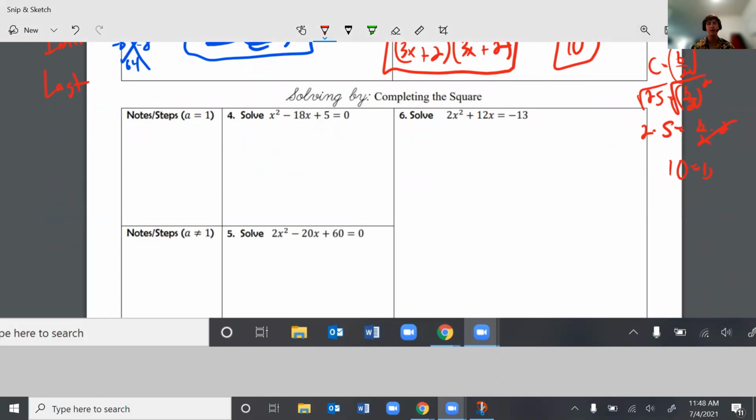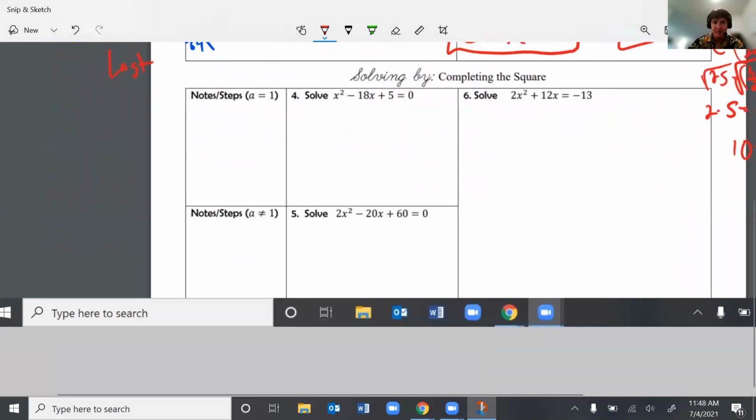If we look at this first problem where a is equal to 1, I try to factor that. Can I think of two numbers that add up to negative 18 and multiply to 5? No, because 5 times 1 is 5, and that's all that multiplies to 5, and they don't add to negative 18. So first thing, we're going to rewrite